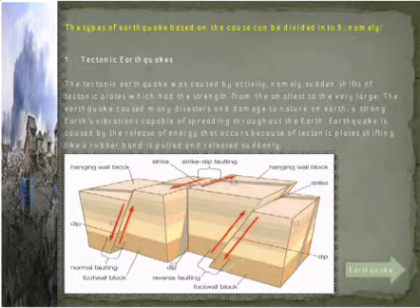An earthquake is caused by the release of energy that occurs because tectonic plates shift, like a rubber band that is pulled and released suddenly. Hanging wall block is the part of the rock body that is relatively above the fault plane. Strike. Strike is the direction of the line formed from the intersection of the fault plane with the horizontal plane, measured from the north direction.